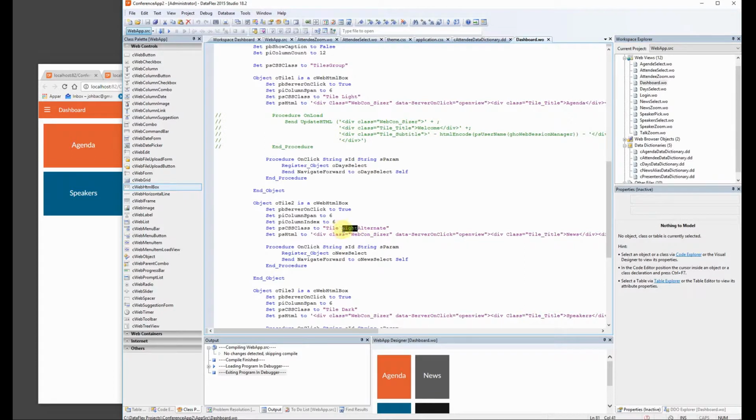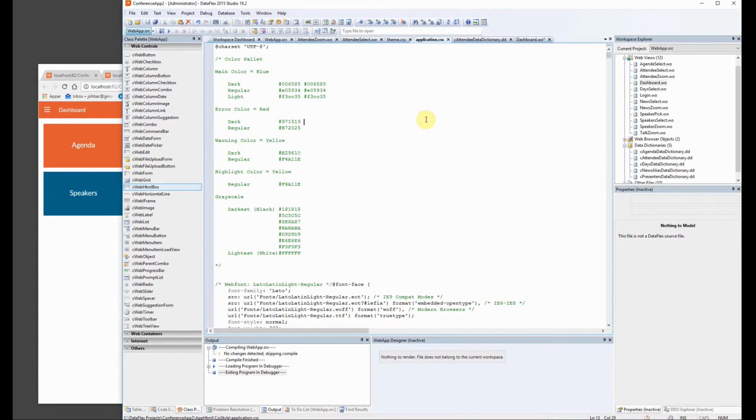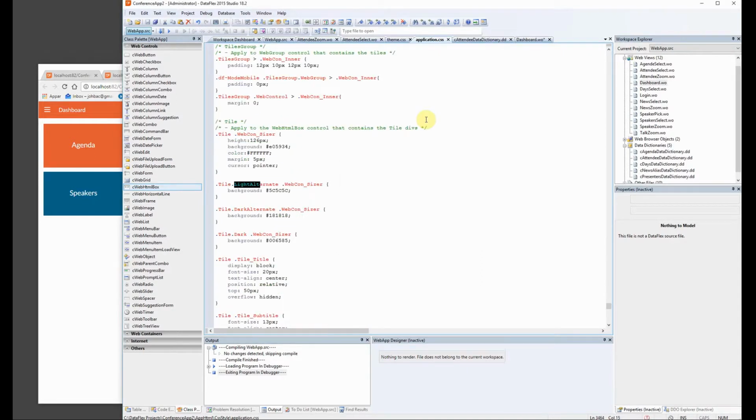I'm going to create my own bright alternative, and then I go into the CSS light alternative, and then I'm going to create a new one called bright alternative dot tile dot web conciser. Basically just copy what it says here,